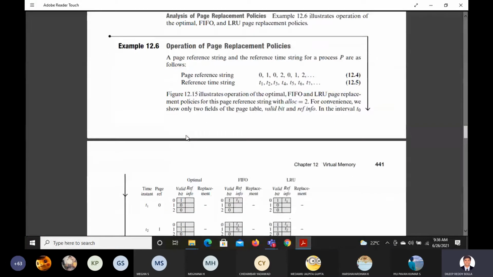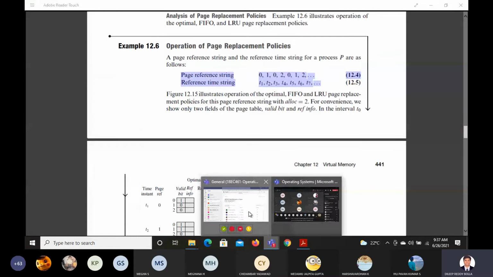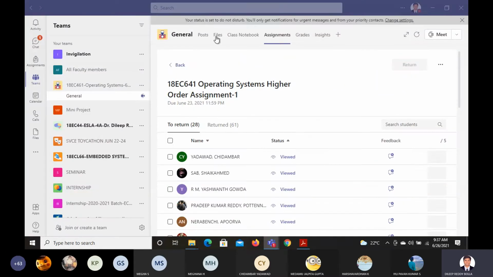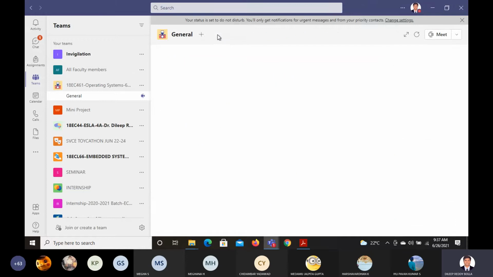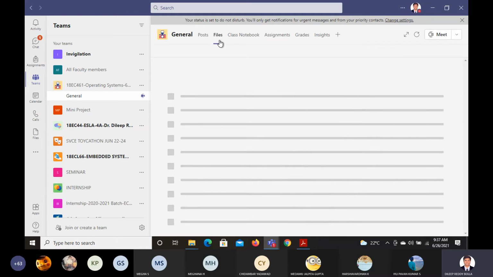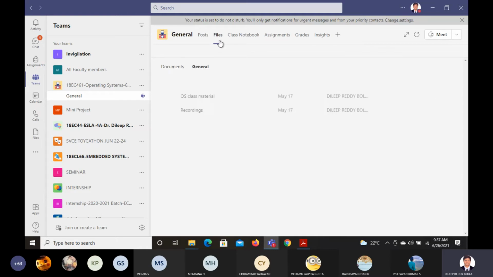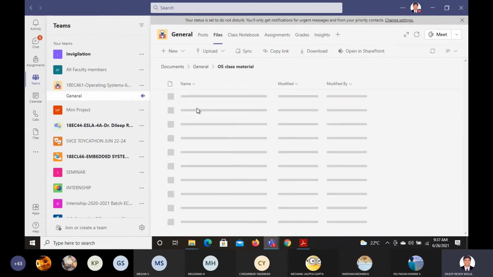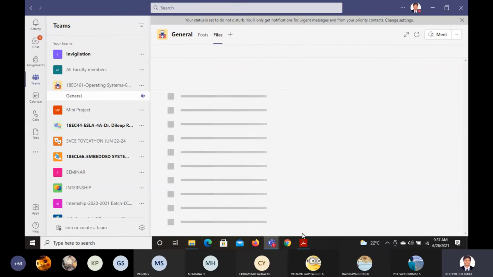If they give a question like this, see the old question papers which are uploaded in the team section. You can see the assignments now, in the file section. You can go and see the old question papers. I will show you what gets loaded, how they are going to give the questions on page replacement policies. If you have seen it, you will understand it. If not, I will try to show you what that is. Let us complete here and come back to that.